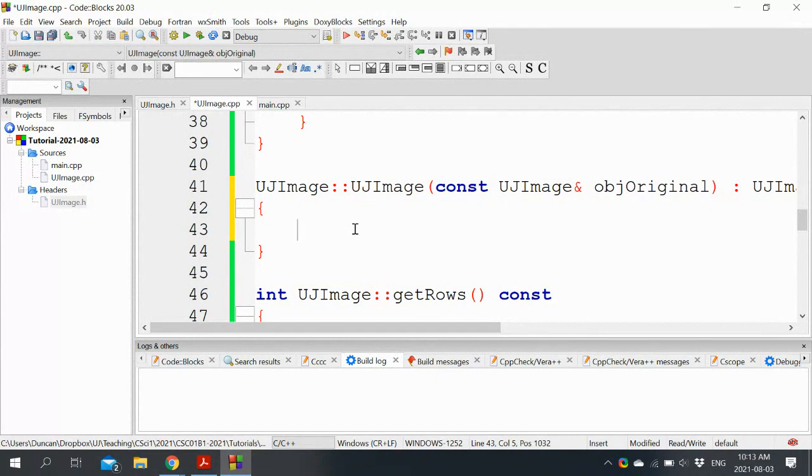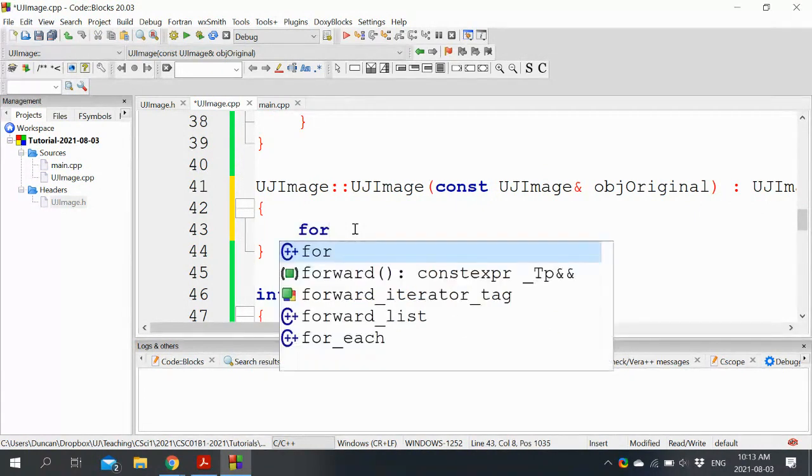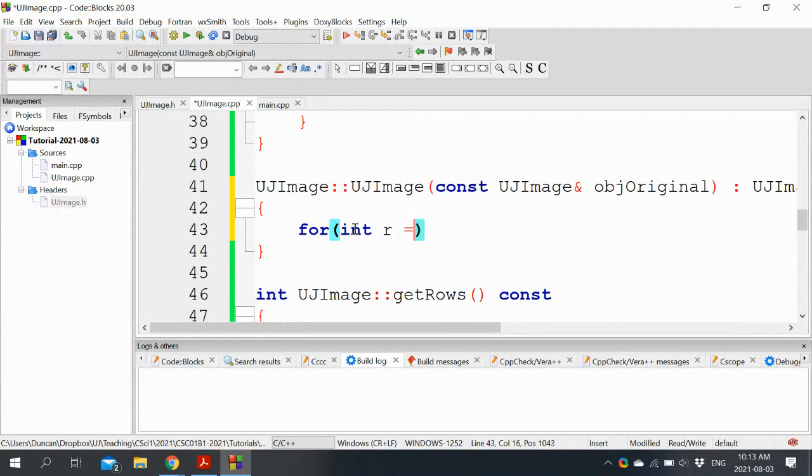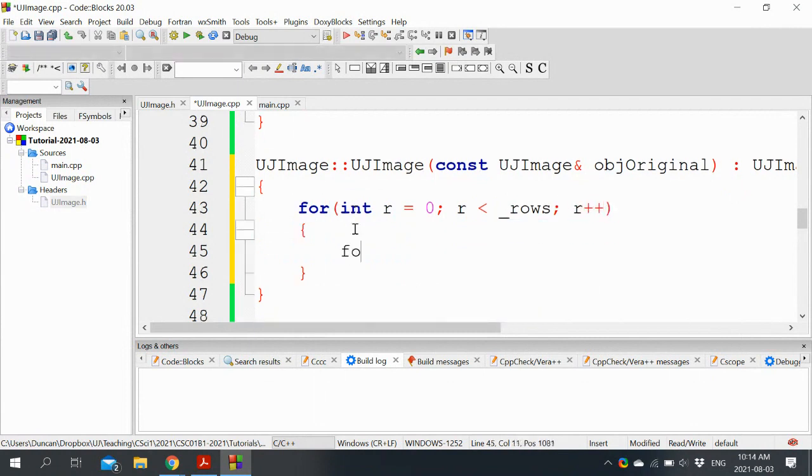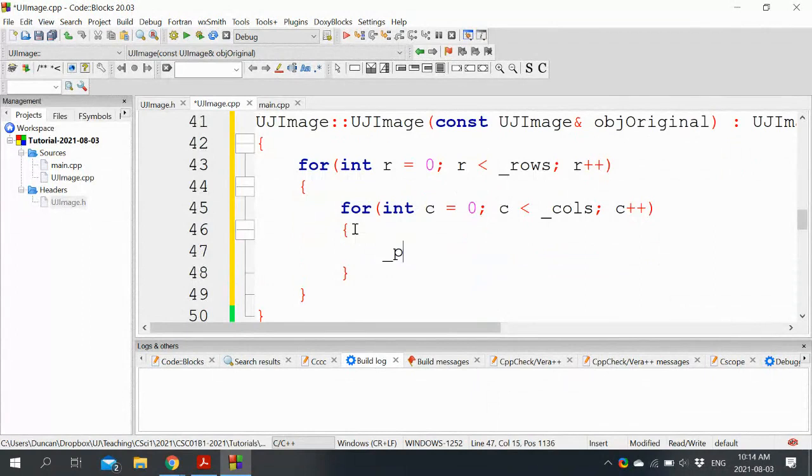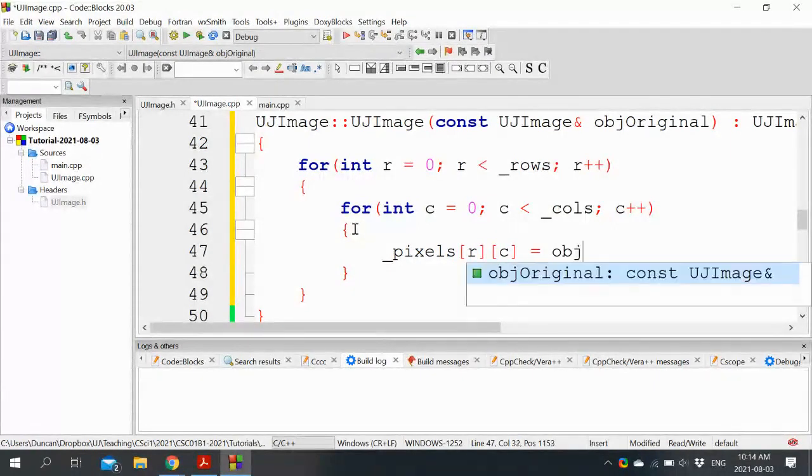And that remaining work is simply to loop over the original and copy their pixel values into us. Nothing complicated. So for every row, and we know for a fact it's going to be the same size as us because we just copied them in terms of size, and the array got allocated correctly. For every row and every column, transfer into our pixel array at position row and position column from the original.